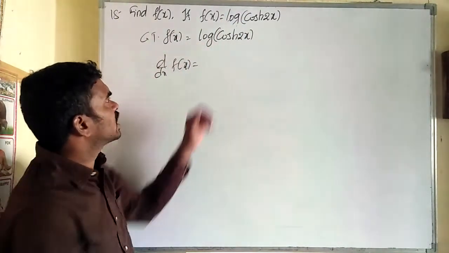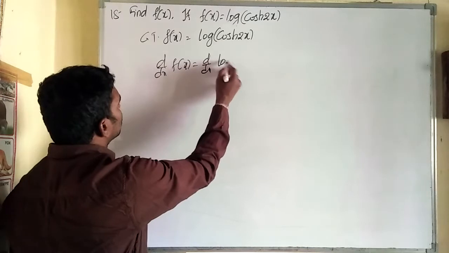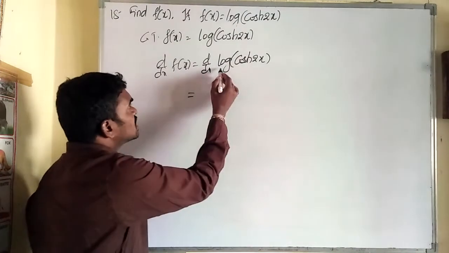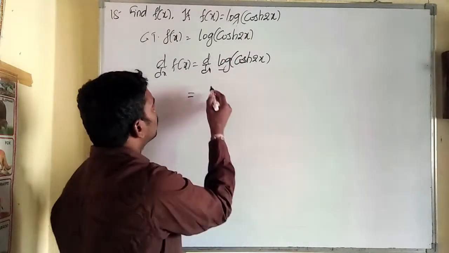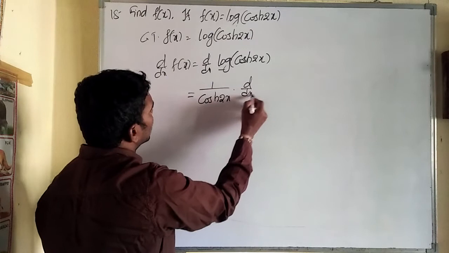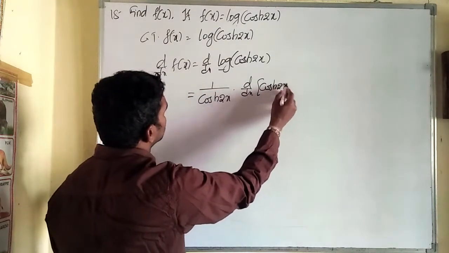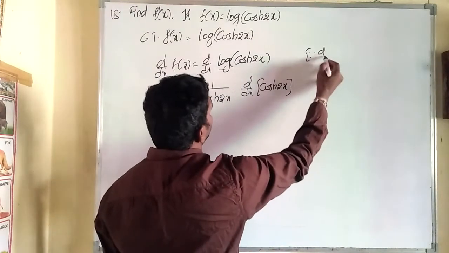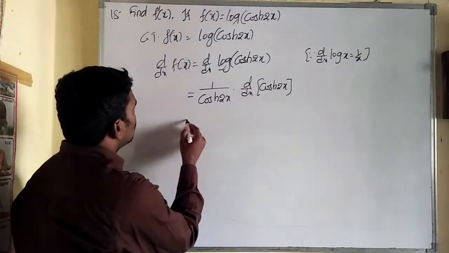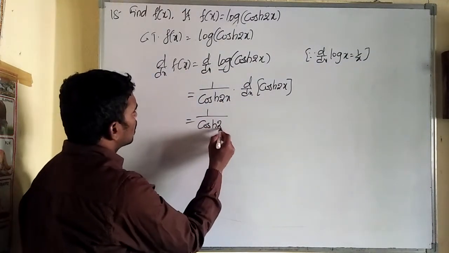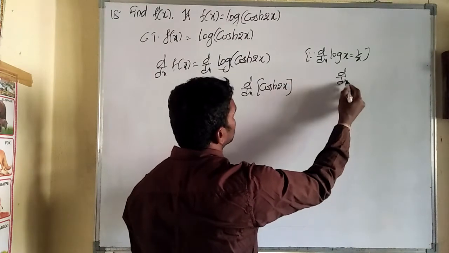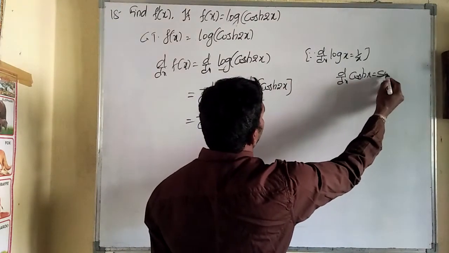So for log of cos h 2x, apply derivation, d by dx of log of cos h 2x. See, this is log of some so and so, so what is the log x derivative? 1 by x means 1 by cos h 2x into the derivative of that x term, that is cos h 2x. Okay, first here we used d by dx of the log x formula, that is 1 by x. Next, 1 by cos h 2x written as it is, and here the cos hx derivative. What is the cos hx derivative? Cos hx derivative is sin hx. Am I right?